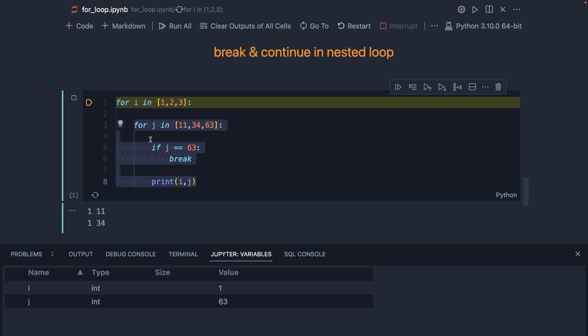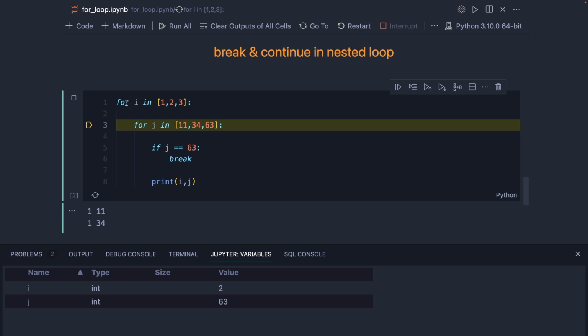As this is our whole inner loop, whenever we meet a break keyword in any inner loop, we'll exit from that specific loop, not from the whole loop, only from that specific loop. So that's what happened as we met the break keyword in the third iteration of our inner loop. We exited only from our inner loop, and we went back for the next iteration of our outer for loop. So in the next iteration, after execution of this line, this i value will become 2,